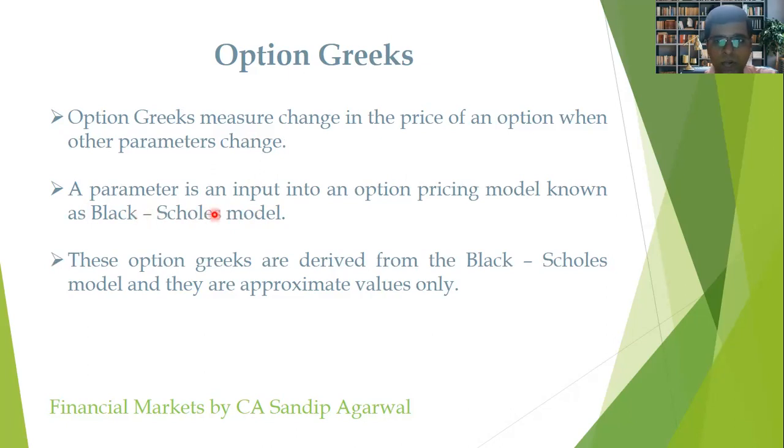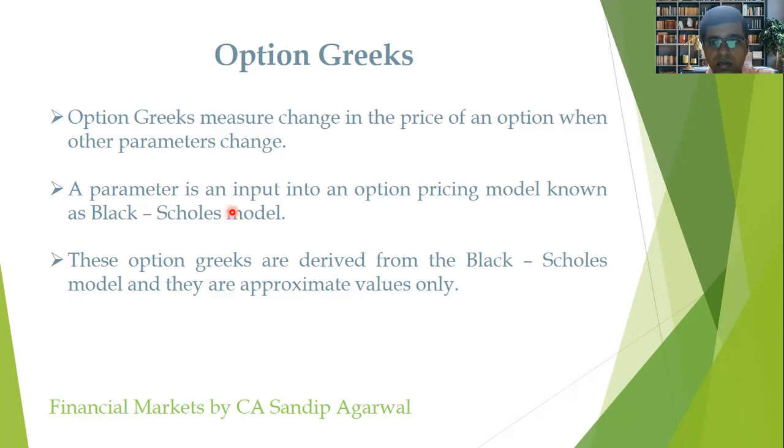It's a very complex model. It has a lot of formulas in it. So it is not necessary to go into the depth of the Black-Scholes model. I will try to explain the price of an option and the impact on it with respect to the change in the various option Greeks, and how these are determined, with the help of an example. In case somebody wants to go into the detail of the Black-Scholes model, you can definitely Google it. You will get a lot of data on it, but it is a bit technical, so I would not recommend going into the depth of the Black-Scholes model.